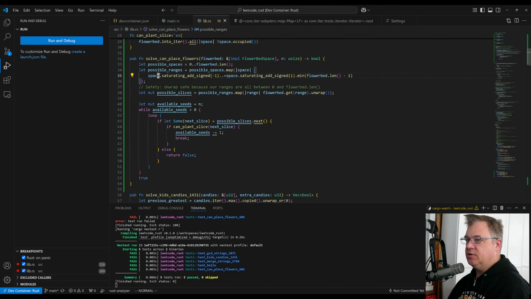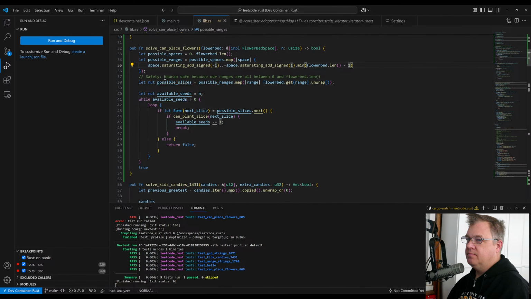So we subtract 1, we add 1, we do an exclusive range, inclusive. And because we're doing the dot equals, we have to take len minus 1. We get all of the slices that are available here.